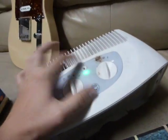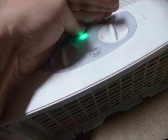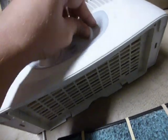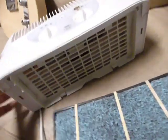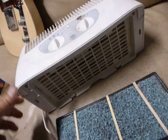And it's even got this little nifty night light right there, which just so happens to be green too. Can you believe that? I don't use it, and it's got this ionic feature. I don't use that either. But this is a good filter. If you got anything laying around the house that you can conjure up or modify in any kind of way,